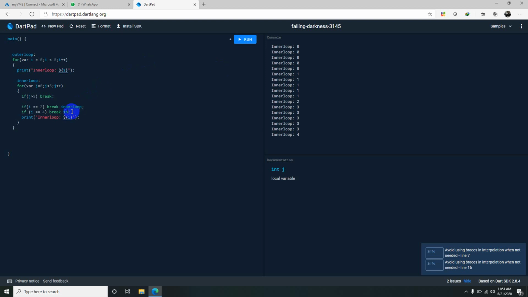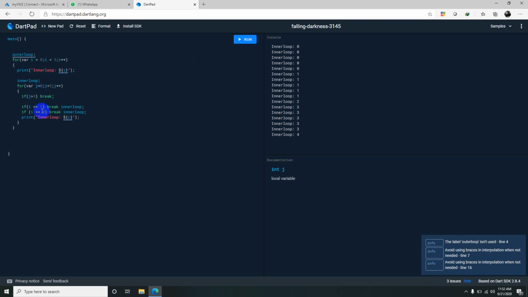When I break the inner loop, so here what is happening, at 0 it entered inside of it, it executed this.